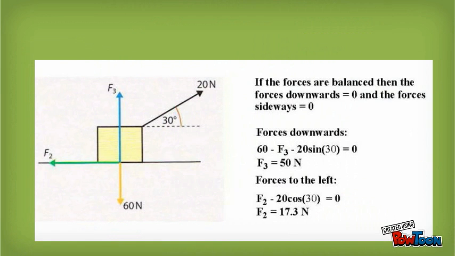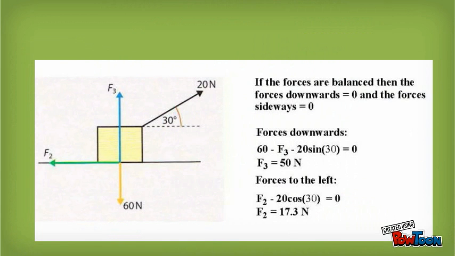We have F3, which is also a vertical force acting upwards, and also acting upwards is a component of the 20 Newton force. So if we add all of those together, that's 60 minus F3 minus 20 sine of 30 degrees. They all should be equal to 0,